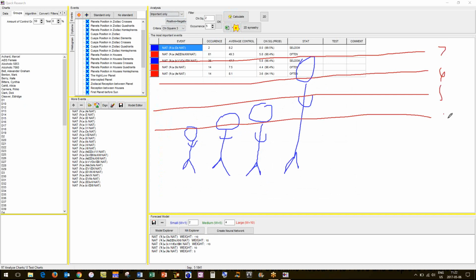6, 5, 4. If we're looking to establish, someone walks towards you and you want to know, and this is the same thing as looking at a chart. Someone's walking towards you and you want to try and determine, is this person a basketball player? Well, you look at this guy here who's 4 feet tall. Sure, he might like to play basketball, but is he going to be in the NBA? No. He's 4 feet tall. They'll crush him. Yao Ming is 7 feet tall, and Yao Ming will be a basketball player, more than likely.